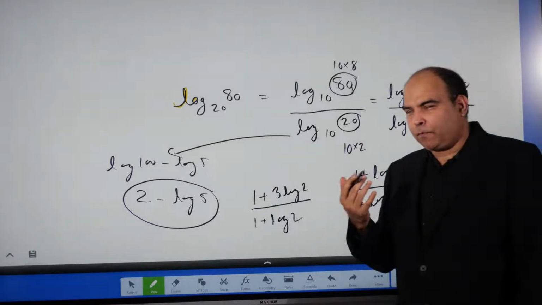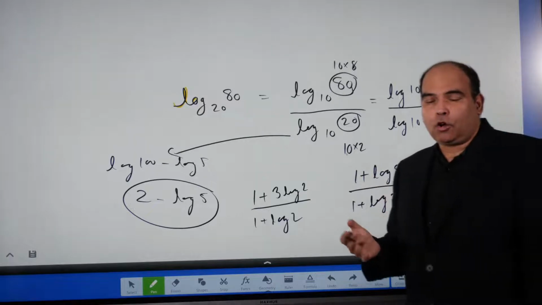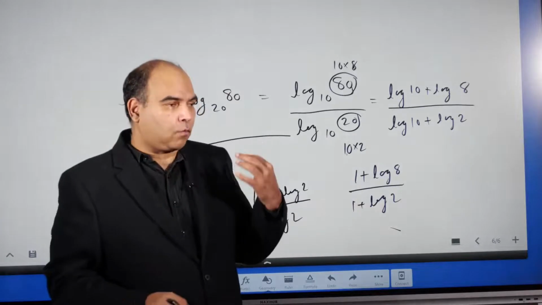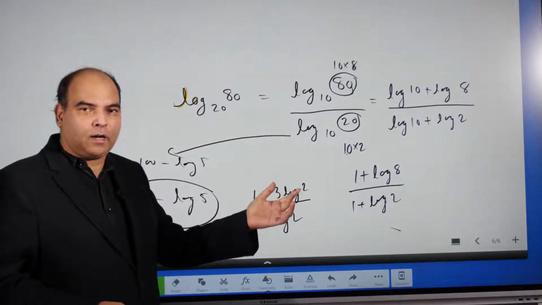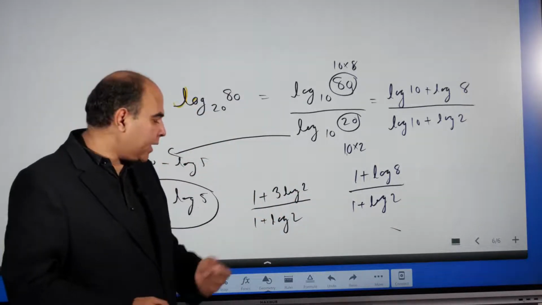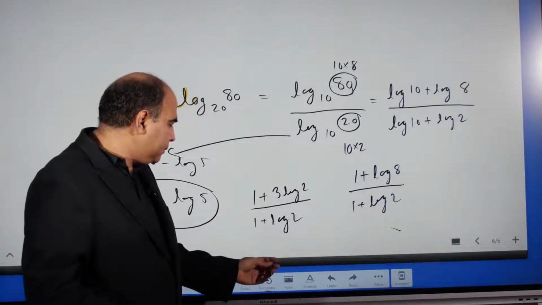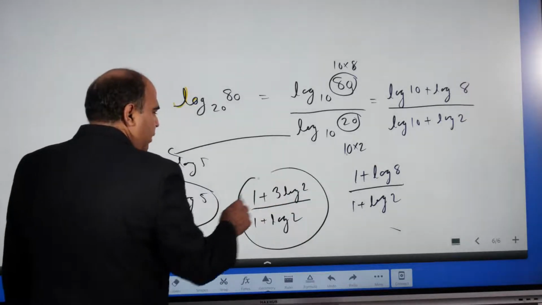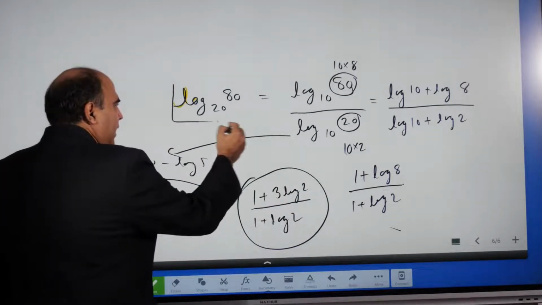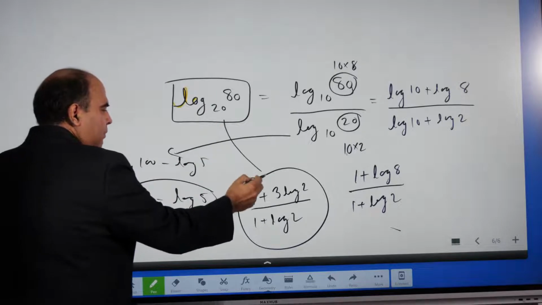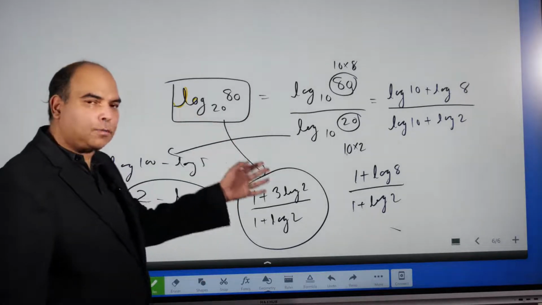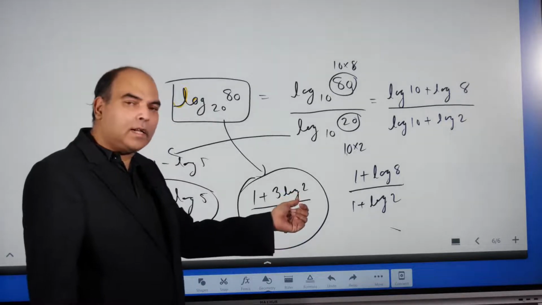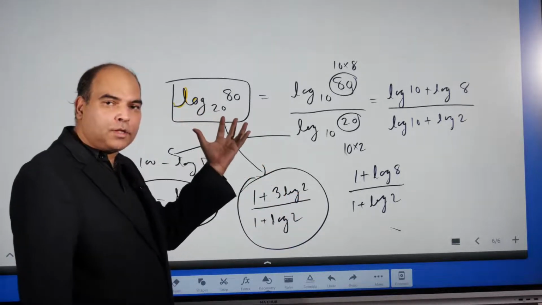Similarly, you'll need to think about whether you want to do 80 as 10 into 8, or you want to use it as 400 by 5 or 800 by 10. What do you want to do? It depends on what's there in the numerator of this expression and where you want to take it, right? And suppose this is the correct option in a question like this. The indicator that you have to introduce a log 10 here is visible right at the start. If you're looking at options like this, the last option is log 2 to the base 10 here, log 2 to the base 10 again here, and in this original expression there is no base 10 here.